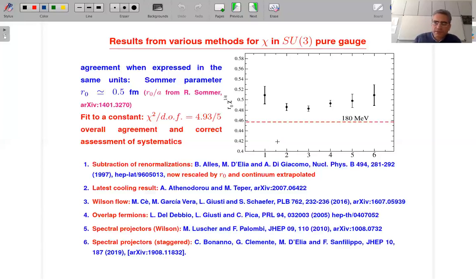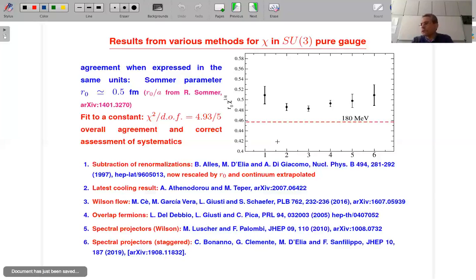Do you have any questions? Maybe just a curiosity. This last method, spectral projectors for staggered, seems to have a bit of a big error bar. Do you have an intuitive idea of why, or was it simply